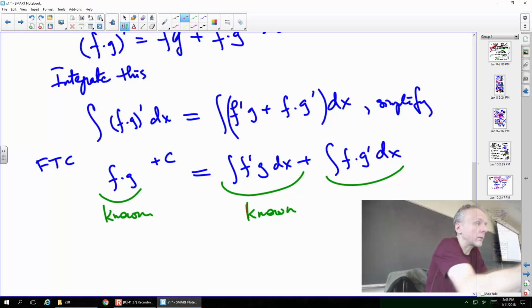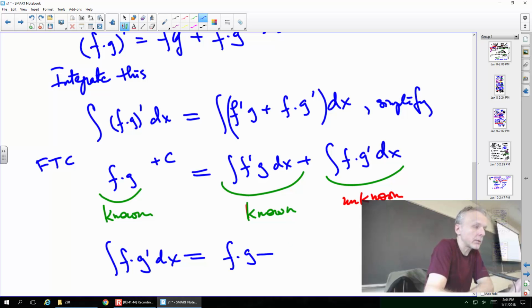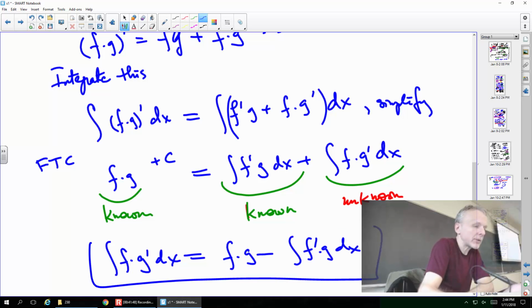And this one is unknown. So in other words, it's just a matter of solving equations. So I have the integral of f times g prime dx is equal to f times g minus the integral of f prime g dx. As you can see, what happens here is